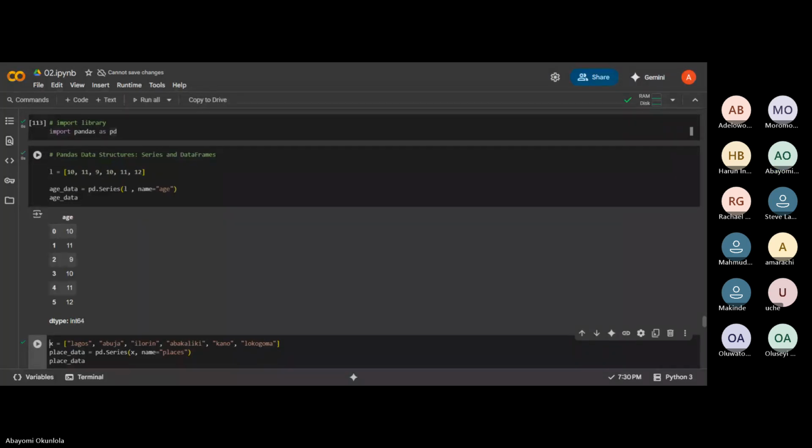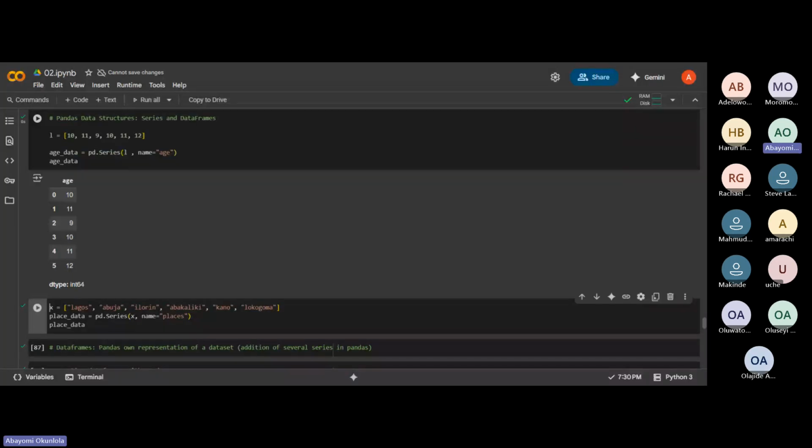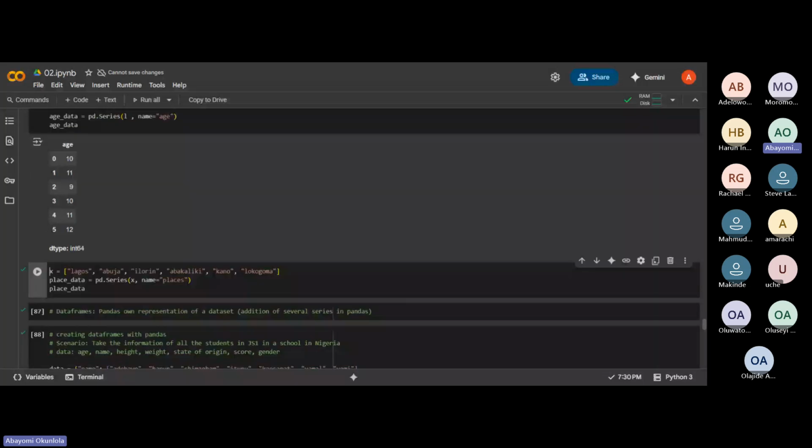The name is age, and then it gives me index 0, row 0, then index 1, row 1, row 2, row 3, row 4, row 5, as long as you have it. Now we've created a series for age. Let's also proceed to a series of places. You follow the same steps: you have your list and you create your series.